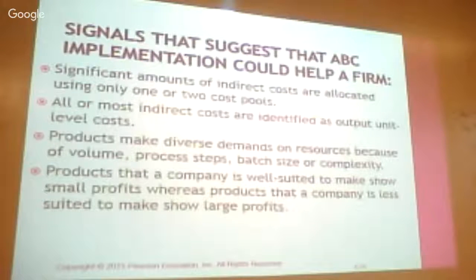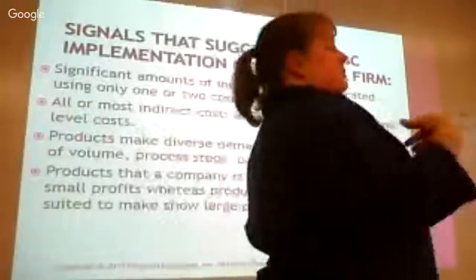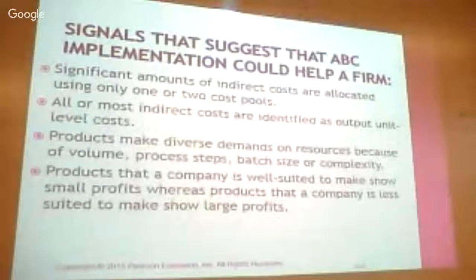All right, signals that suggest that ABC implementation could help a firm. So if you're a firm trying to decide, should I just do things my simple way, or should I try to drive down the cost more accurately? Significant amounts of indirect costs are allocated using only one or two cost pools. So if I'm getting to a point where most of my costs are going indirect and not direct,